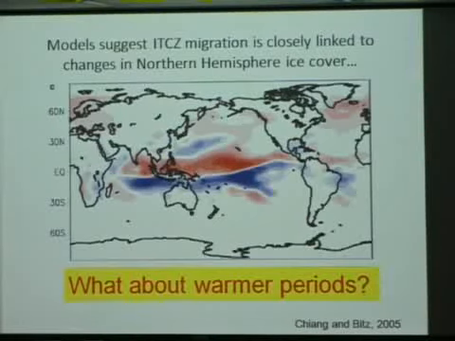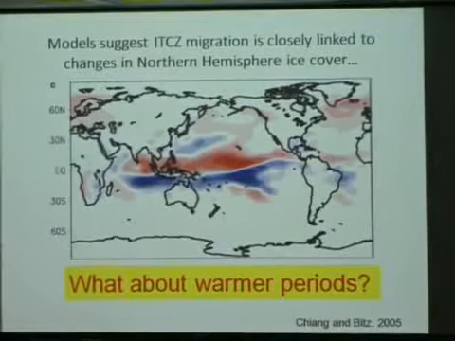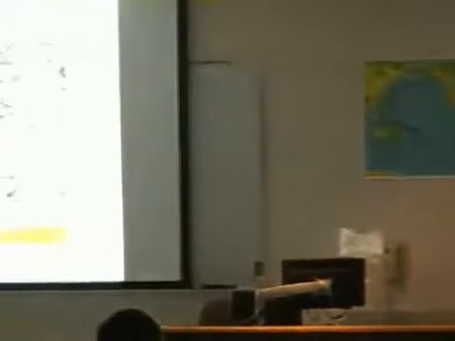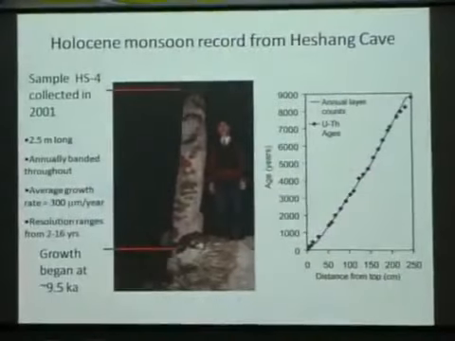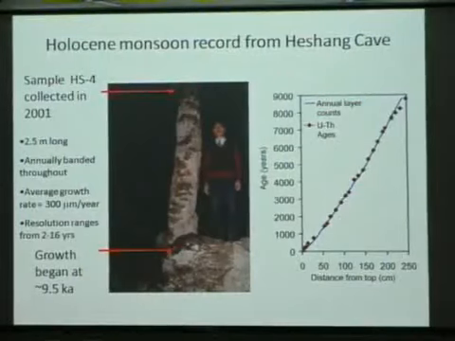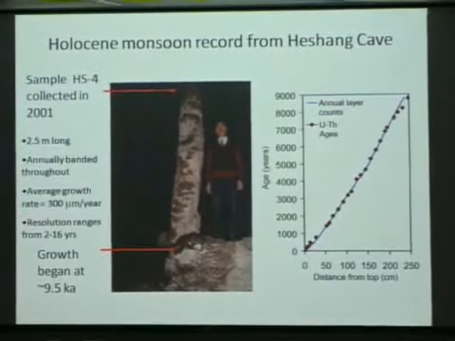Okay, so one question is, we've seen a lot of these abrupt climate events that occur during glacial periods, but there's less known about the capacity for the climate to shift abruptly during warm periods. The Holocene, the last 10,000 years of this interglacial, has been relatively calm compared to the glacial, but there's still maybe some evidence for some fairly rapid changes in rainfall during interglacial periods. And to address that, we've looked at a Holocene stalagmite from Heshang Cave in China, and this is a